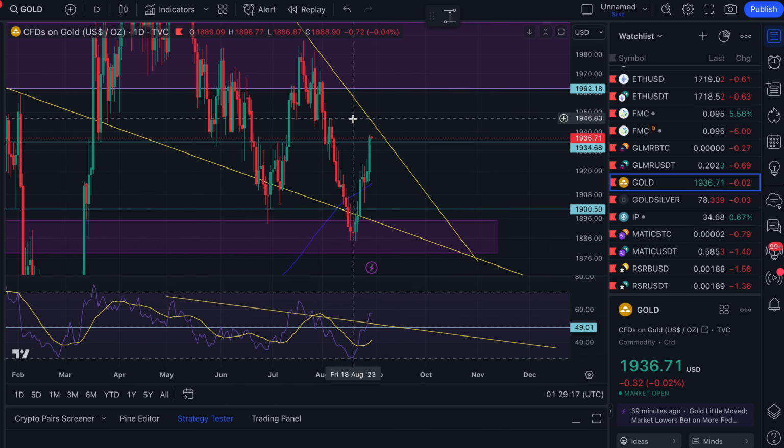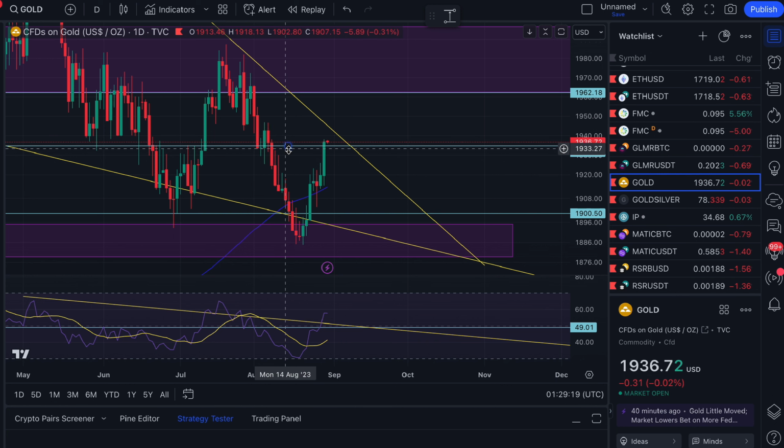We had been talking about last week this particular support level or resistance level, I should say, of 1,930. It's good to see that we did break above it. We held above on the daily time frame. That's a positive sign. But again, do take into account, after such a large rise, actually a $20, $21 rise, some profit taking here, a couple of one or two red days, not surprising,